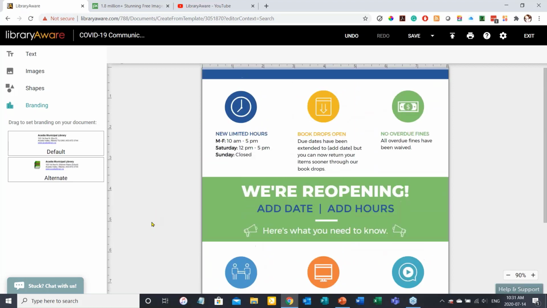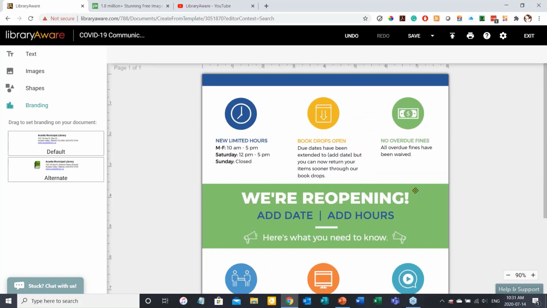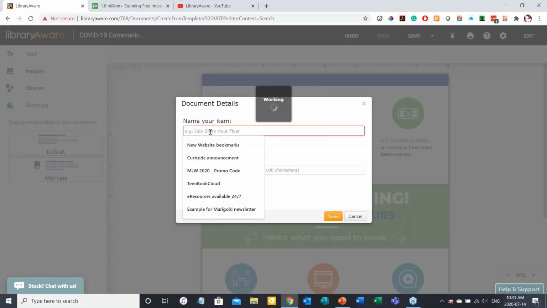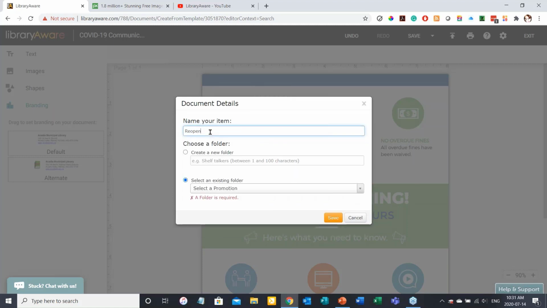Okay. So once I'm done editing, I click on save, and then that's going to prompt me to name the item. So I'm just going to simply call it reopening flyer. Oops. And then